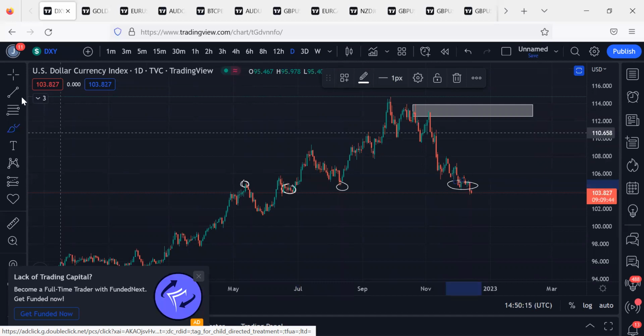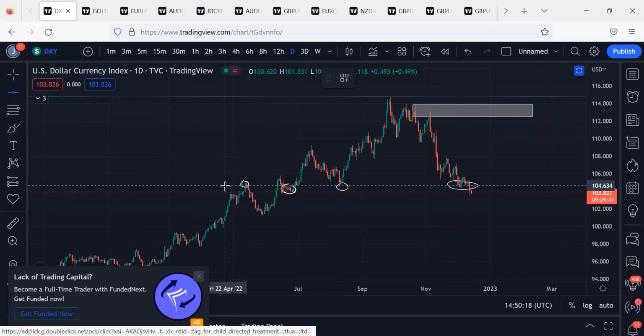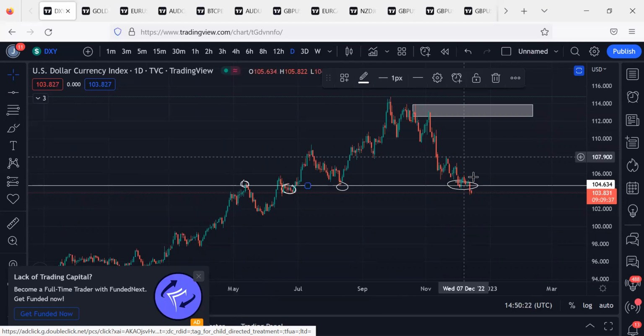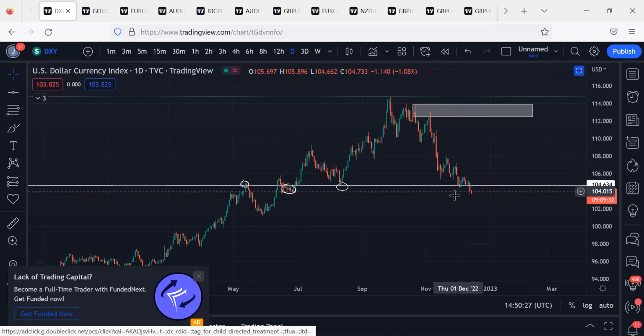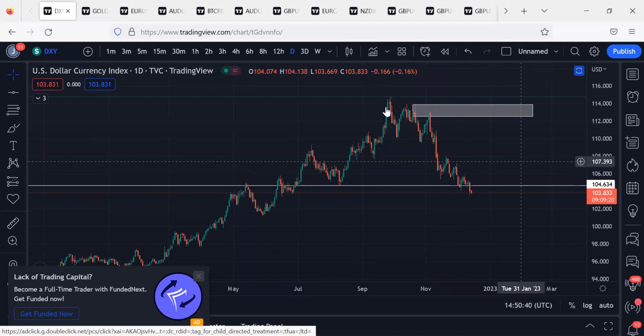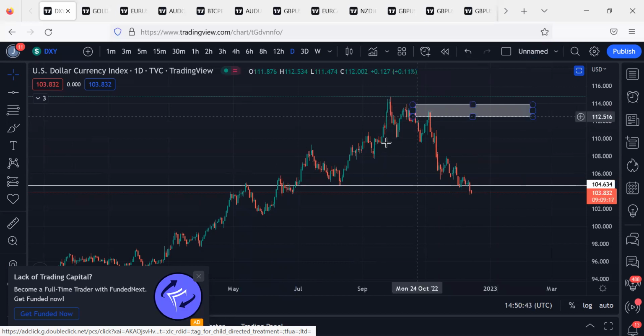Use something called a trend line to connect them. This is an area of value we are at right now. And as you can see on the dollar, it has already broken that area of value. I guess we're breaking to the downside. But listen, this can actually just be a fake-out. So always, don't use just supply and demand, or support and resistance, to trade.